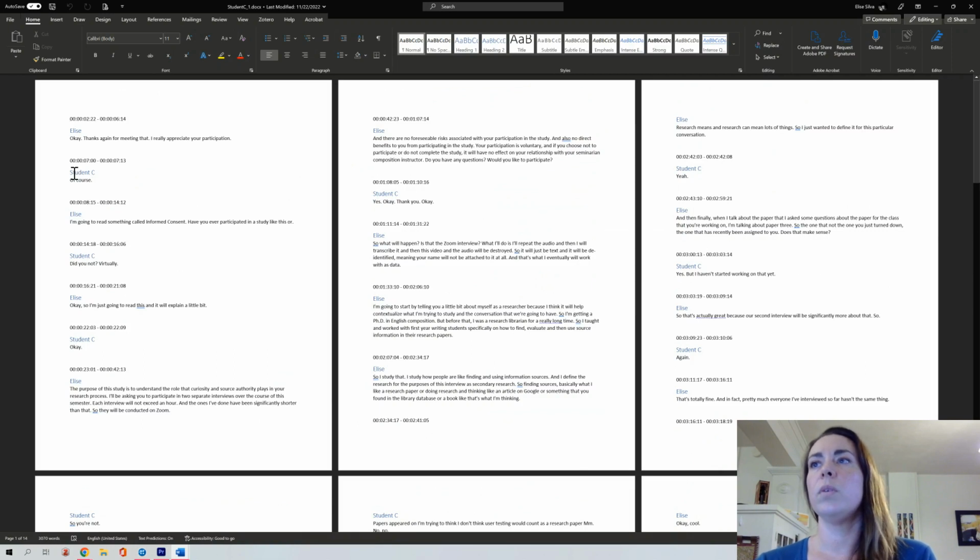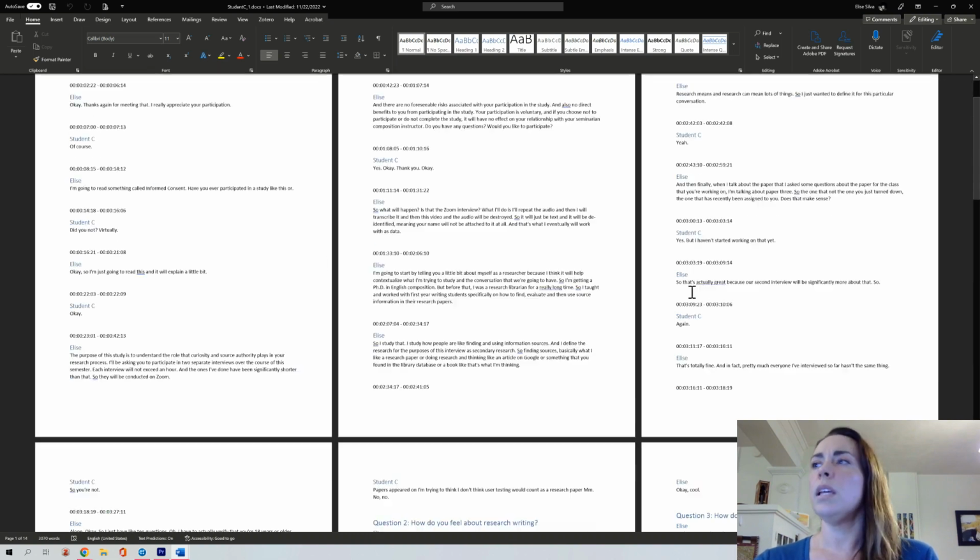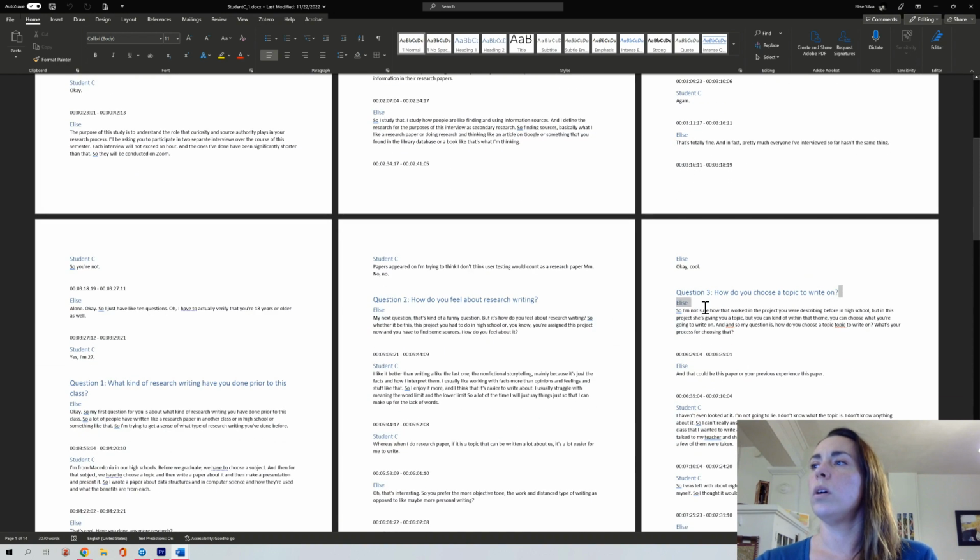And what I need to do is make sure that everything is styled in a way, and I'm talking about applying Microsoft Word styles to the document so that when I import it into NVivo, it actually recognizes those styles. So it'll recognize who the speakers are. And then I've also started to put the questions in as well in a different style so that